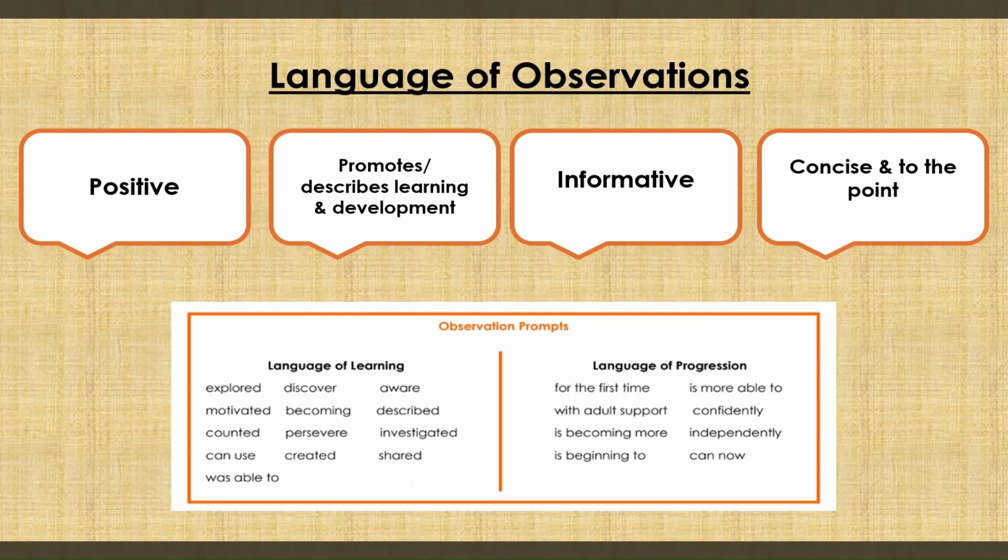Language of observations. Observations should be factual and not personal judgments. Language used in observations should highlight learning and progression. To ensure a focus on learning, it can be helpful to have prompts that support practitioners in the writing of observations. Practitioners should also be using the Curriculum for Excellence benchmarks to help focus and word observations. Avoid observations where you could ask, "So what?" For example, the child enjoyed playing with or participated in. Well, so what?